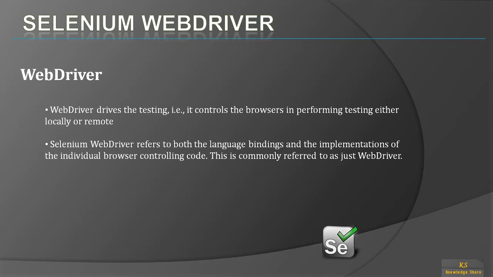Now, Selenium WebDriver also supports different languages, Java, C Sharp, Python, Ruby, all those languages, and it's commonly referred to as a WebDriver, right? And it controls the code. Now, you have your code, you have your automation script. Now, this should be run on the browser. So how is it done? What is the architecture? What are the components of WebDriver? We will see it now.